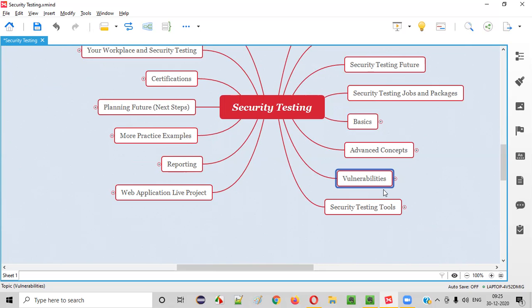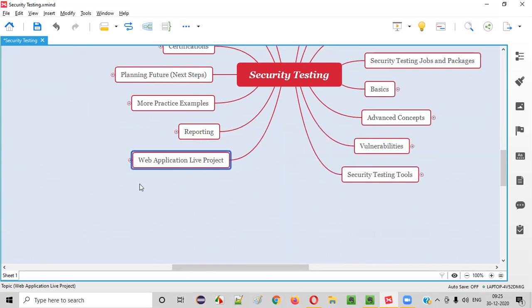Okay, if you perform it without their permission, that will be considered hacking, and you may end up in jail. Just be serious about this, guys. Don't take it lightly. It's very, very important to understand before you start learning security testing. This is very much important. Fine. So the next thing is